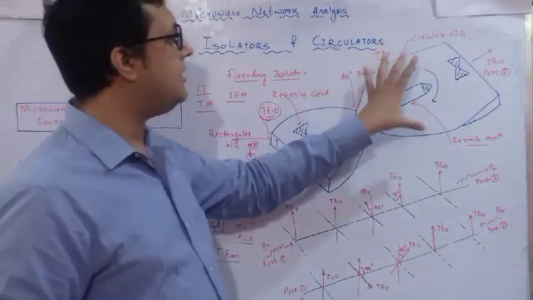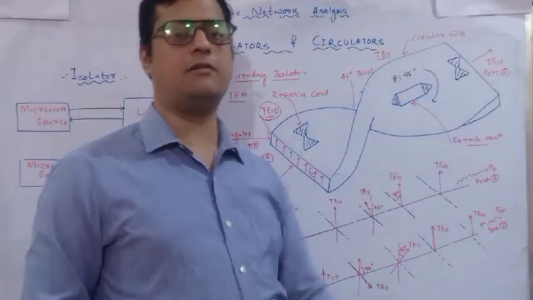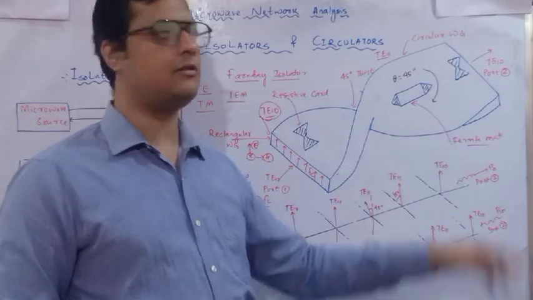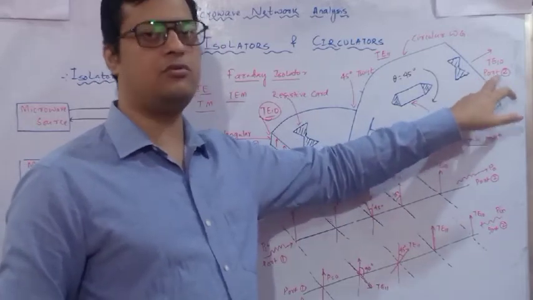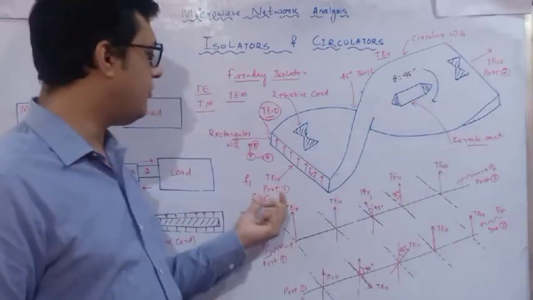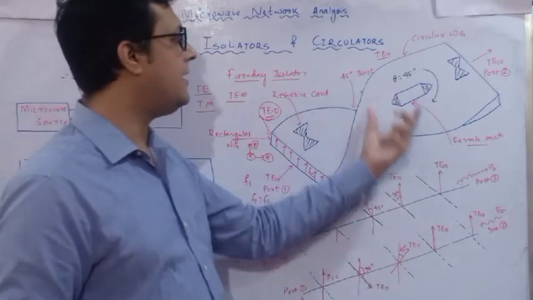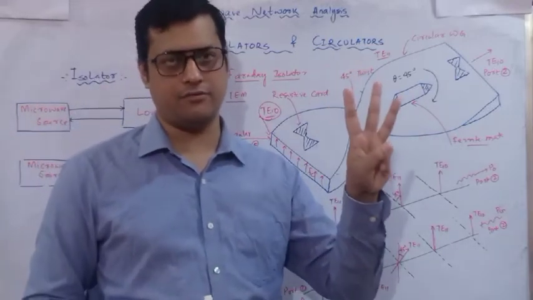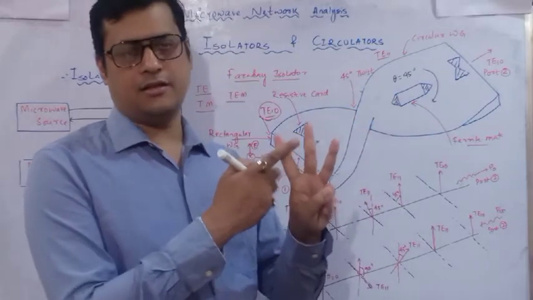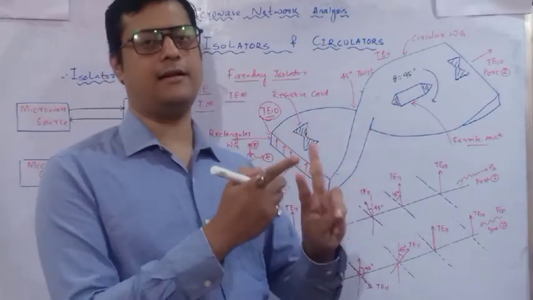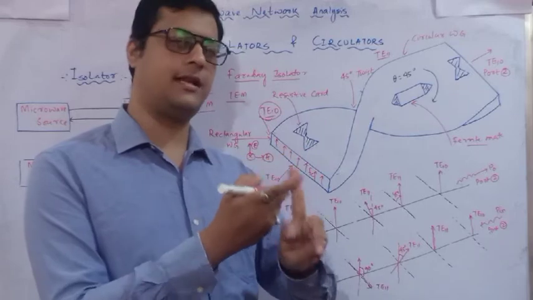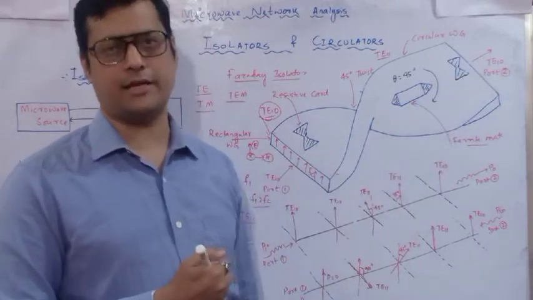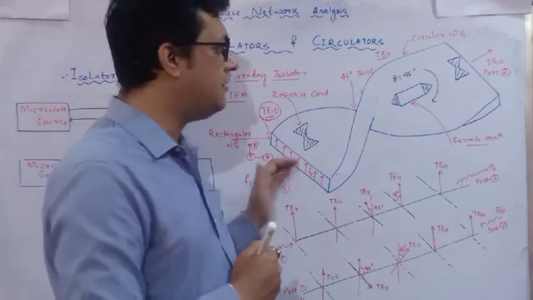Next, from this cylindrical waveguide to this rectangular waveguide, the output will be observed in TE10. Here I have written at port 2 TE10, at port 1 TE10, and the cylindrical waveguide is TE11. So there are three phases, as I have told: first TE10, second TE11 due to the cylindrical nature, and TE10, which is the output of a rectangular waveguide. So this is unidirectional.